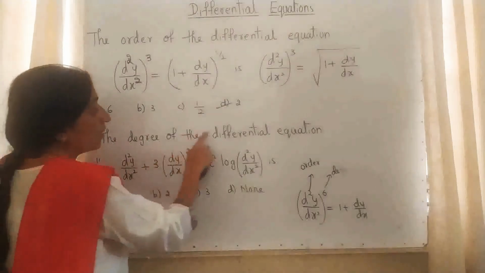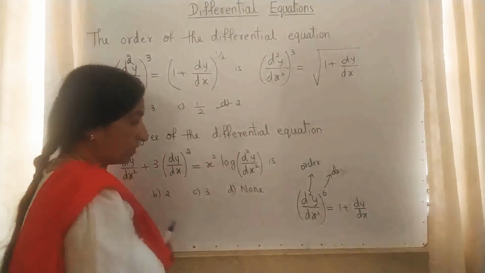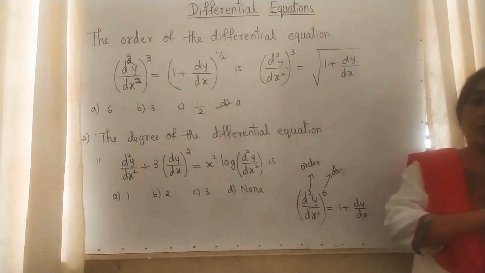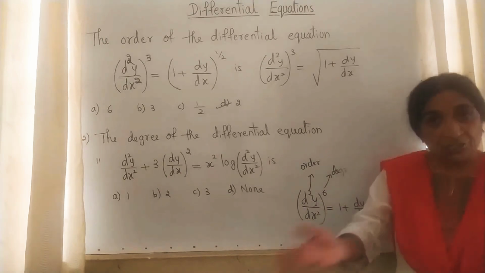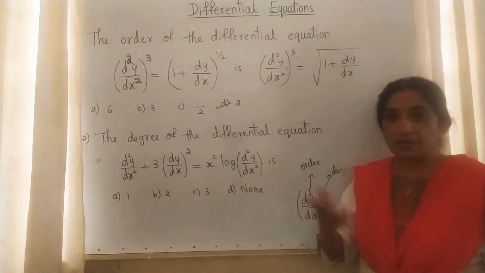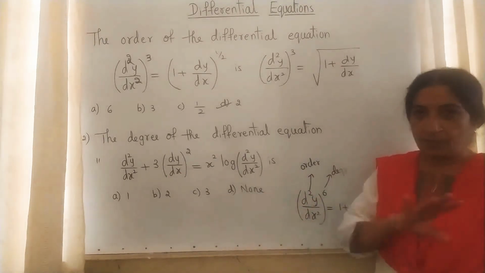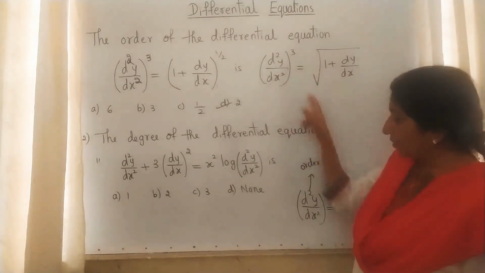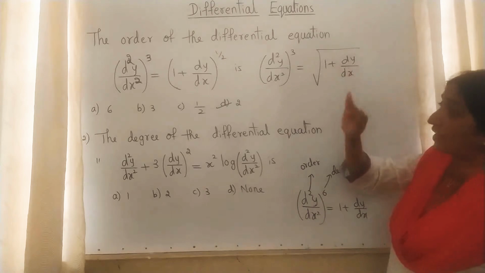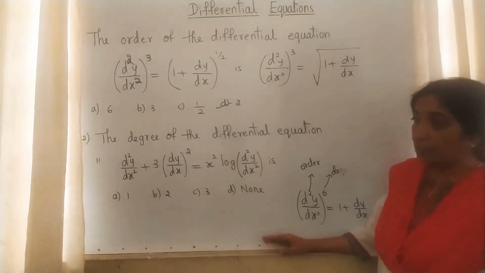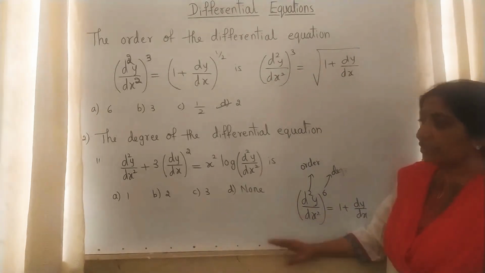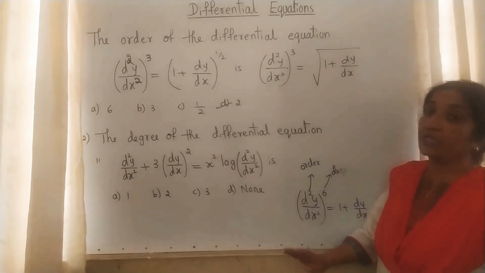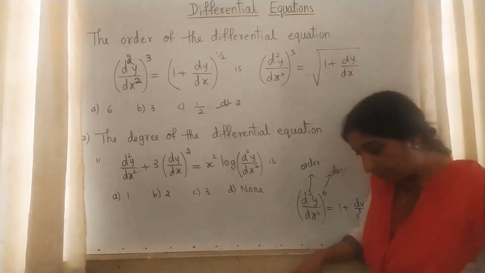The degree of the differential equation. When you are writing a degree, you have to see that in the power there is no negative number and no fractions. We cannot mention a negative number as an order or a degree. And no fraction. As I explained here, you have to eliminate that. You have to solve that fraction to write the degree. Order will not change. And the important thing is the equation should be in polynomial form.